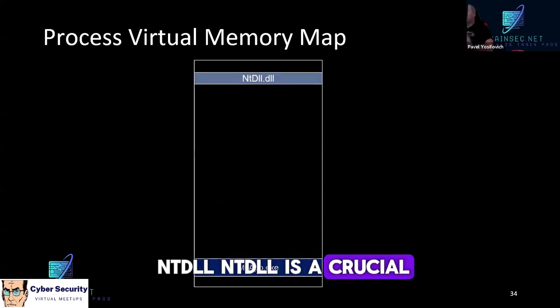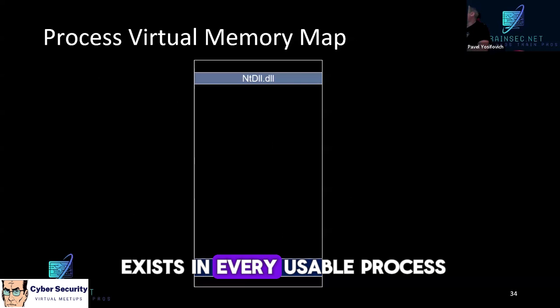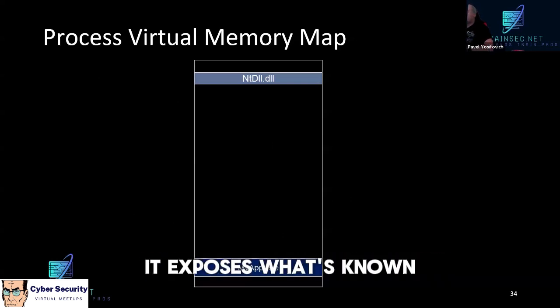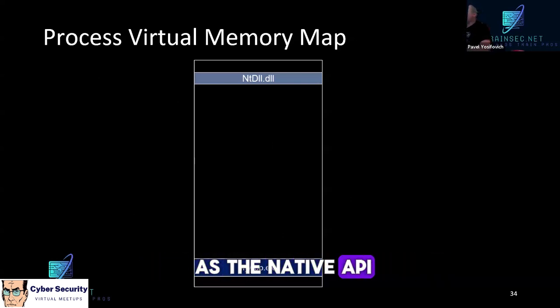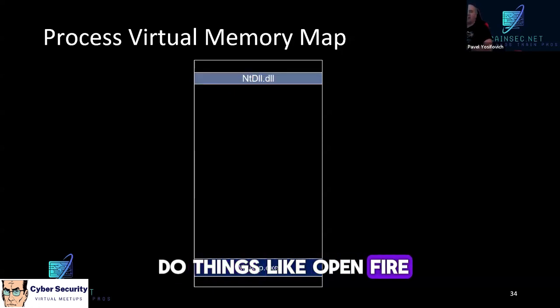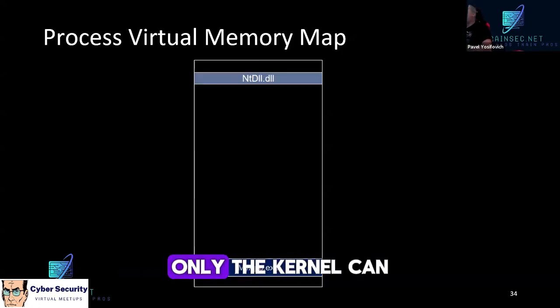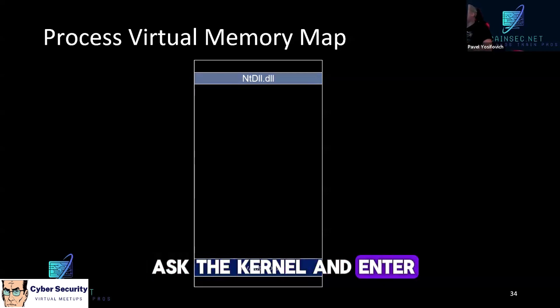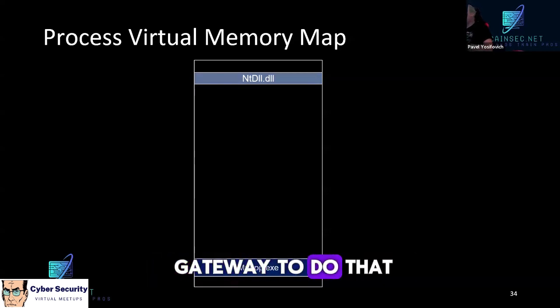NTDLL is a crucial, super important DLL that exists in every user mode process, and it exposes what's known as the native API or system calls, a way to actually go into the kernel to do stuff, because at the end of the day, when you want to do things like open files, allocate memory, things like that, only the kernel can actually do that. But you have to ask the kernel, and NTDLL is the gateway to do that ask.